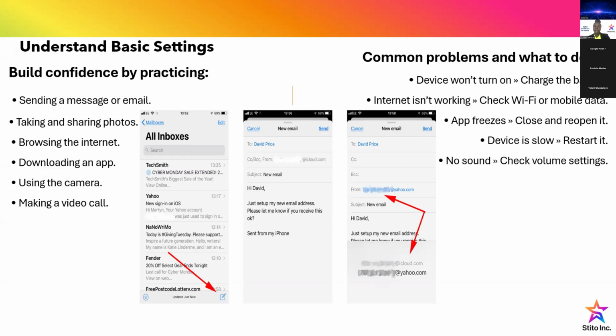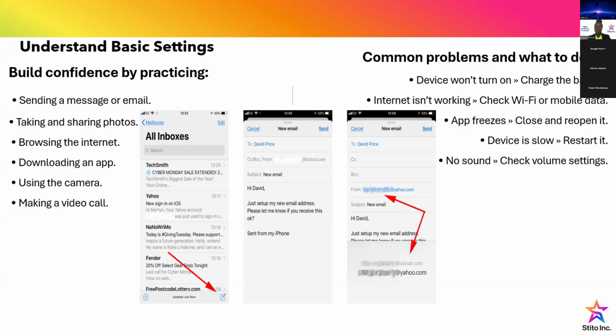Internet is not working. I've checked. I am trying, it's just rolling. It's not working. Check if the device is connected to the Wi-Fi or to your mobile data, if that is what you are using. Check and be sure it is connected. It says connected. And then I will show us, probably in this class, how to turn on and off Wi-Fi, so that even when you're going out, you're going to the airport, you can navigate it yourself without needing help turning this Wi-Fi on and off.